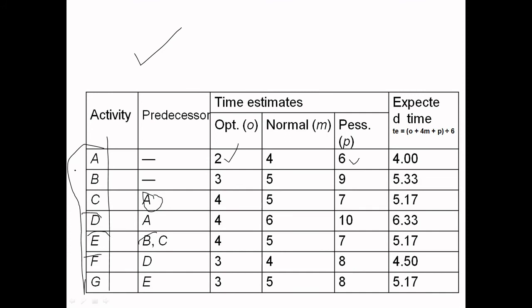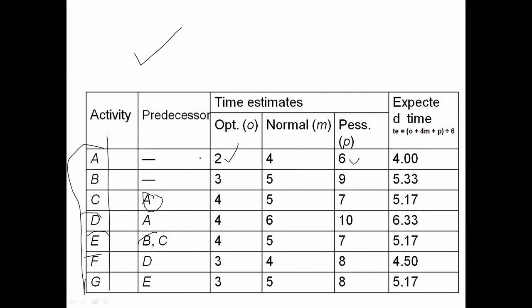Okay, so I can complete the work of A in an optimistic way. If I started thinking that 2 weeks of time is required, the maximum it takes is 4 weeks. So normally, when you're talking about M, the most likely point of view, 4 weeks of time is required. While if you see B, it is 3, 5, 9.